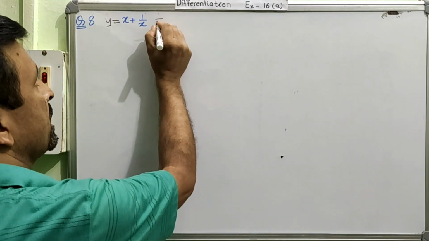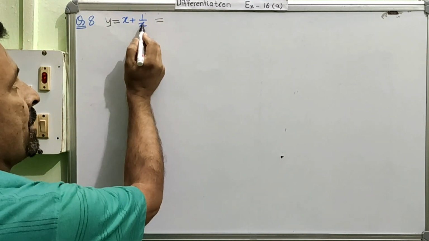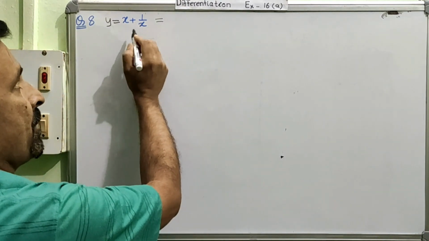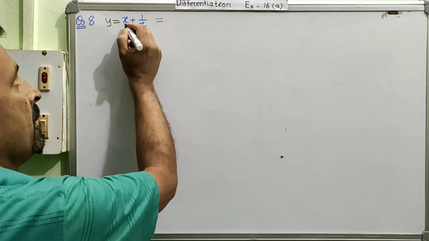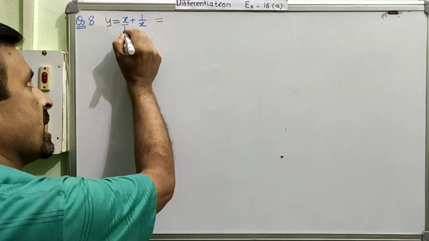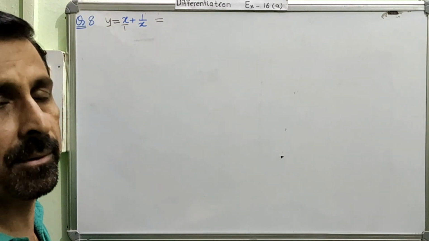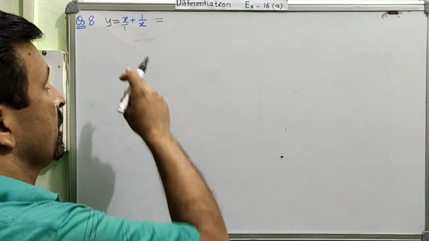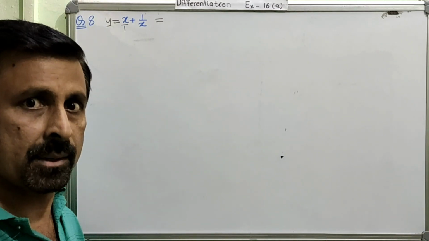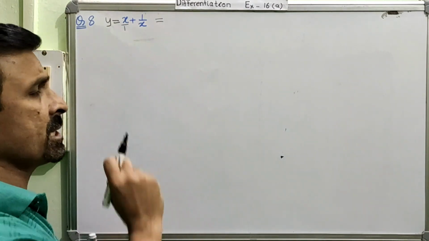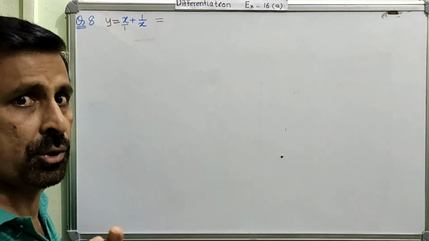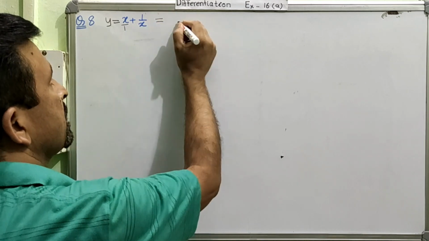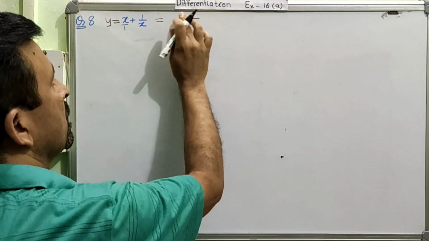So when I simplify, you should know how to simplify a whole number and a fraction number. I have told you before also, when you have a mixed type of number, a fraction and a whole number, for your convenience, you can see this also as a fraction only, because every number is a fraction. When there is no denominator, it is always 1. Mathematically, this is not required. This is just to show you. I have written 1 in the denominator. After this, I will operate the two fractions and make this equal to y.